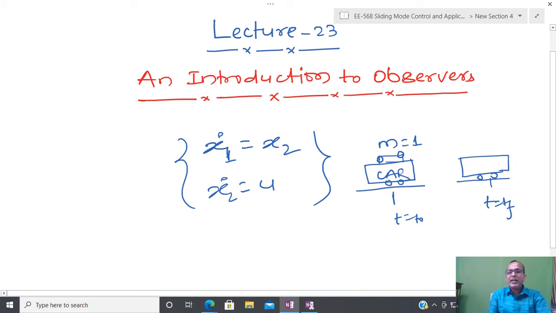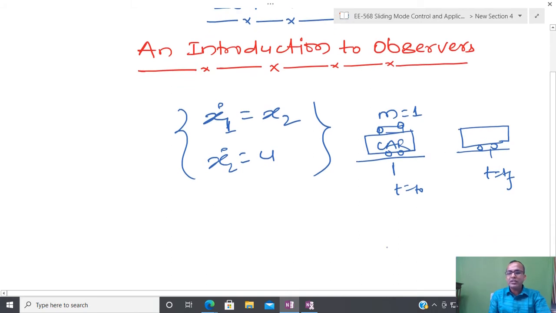What I am going to assume is that whatever path is traveled by this car is two times differentiable, and due to that I can apply Newton's law. So mass into acceleration, where acceleration is the two-time differentiation of position x(t). I am assuming that some force is applied to this car, due to which it is able to move from point A to point B, and that force is u. So this is the mathematical model of this car.